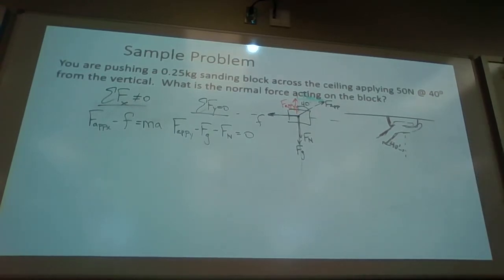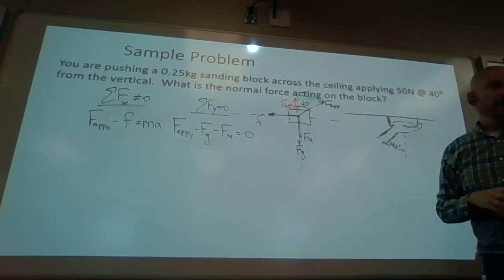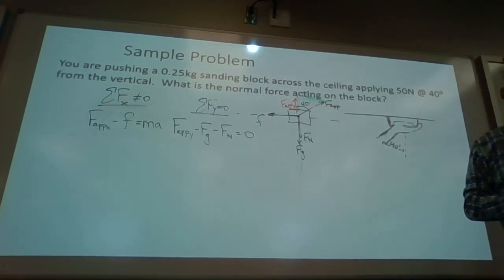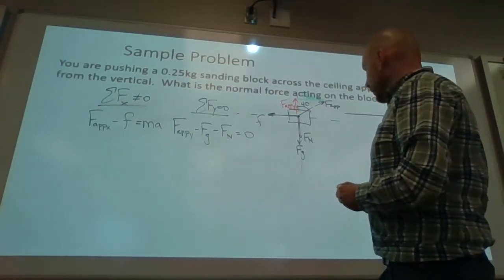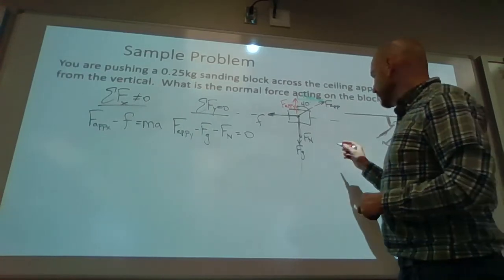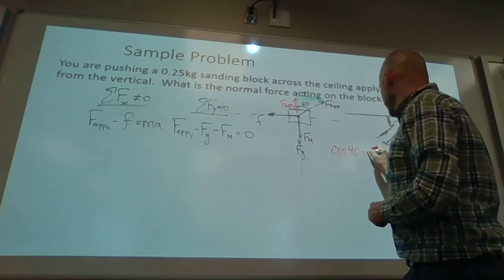Is that opposite, adjacent, or hypotenuse? Adjacent. And I have a value for the hypotenuse. So I'm going to use what? Sine, cosine, or tangent? Use cosine. So cosine of 40 degrees is equal to